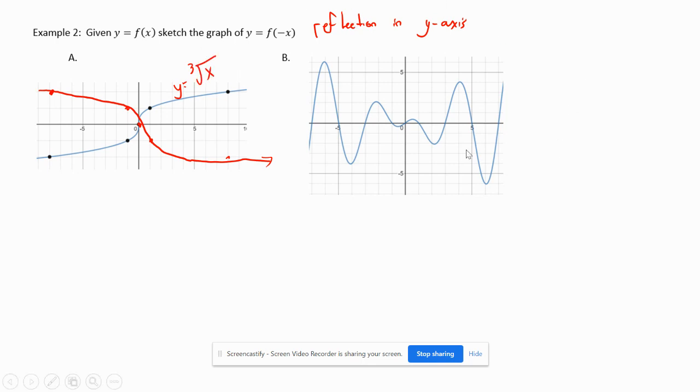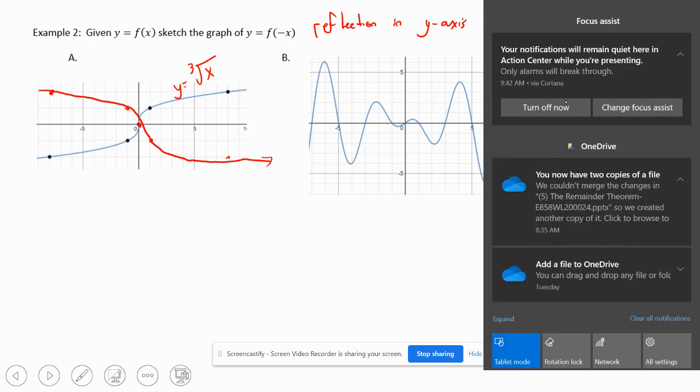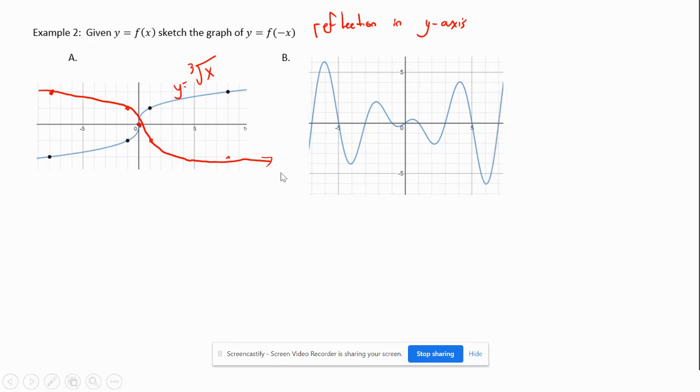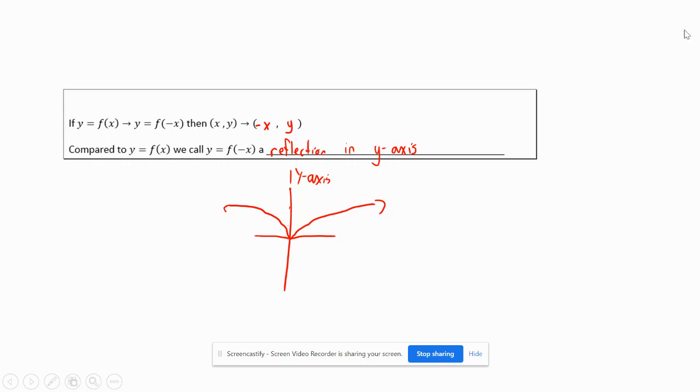Okay, so now we have this very strange looking graph over here, but all we want to be able to do is graph a reflection in the y-axis. So this guy's at negative 6. Now it's going to come to